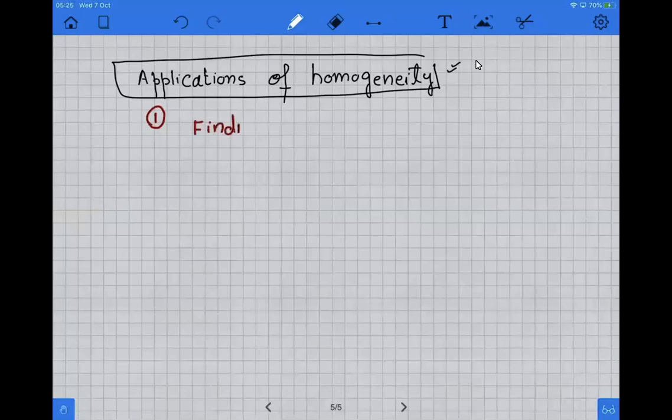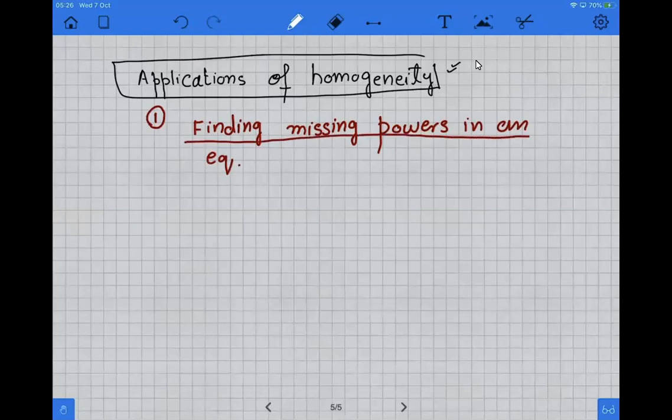finding missing powers in an equation. So we can use homogeneity to find missing powers in an equation. For example, example 1,